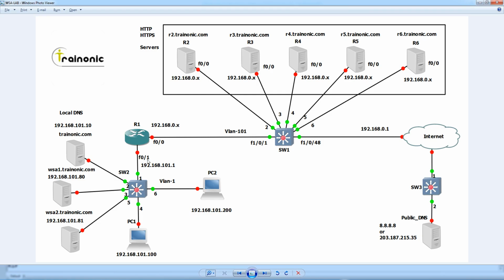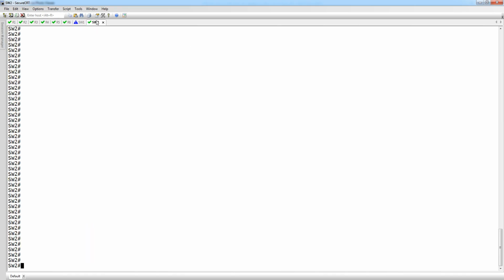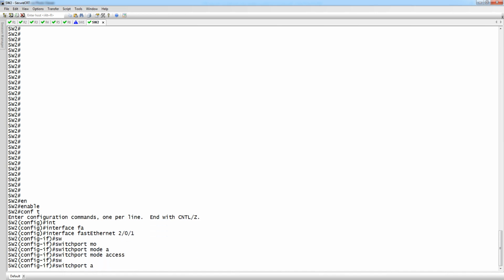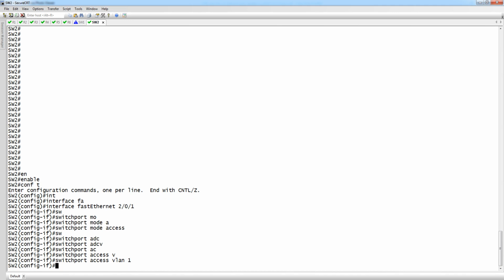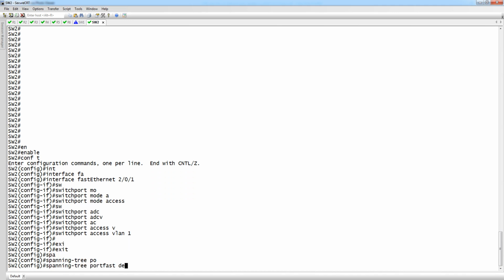Done. Now R1 0/1 is connected with switch 2 port number 1. On switch 2 interface 0/1: switchport mode access, switchport access VLAN 1, spanning-tree portfast default.